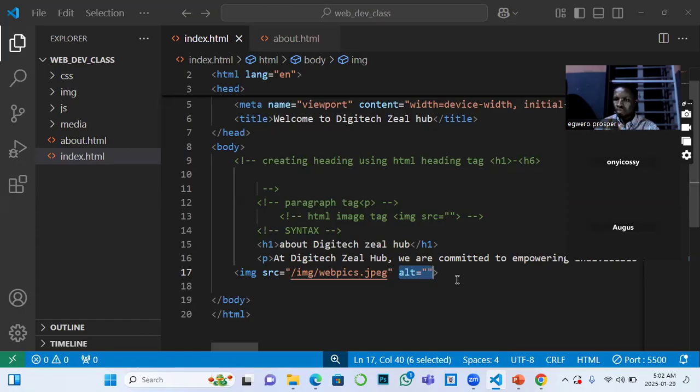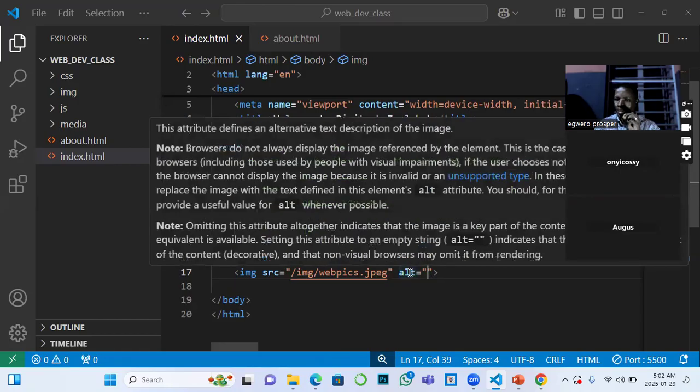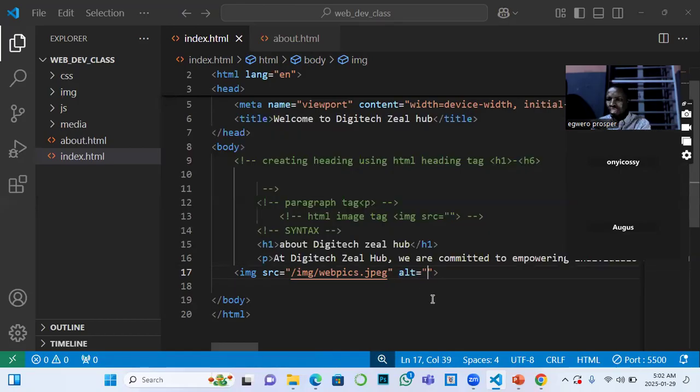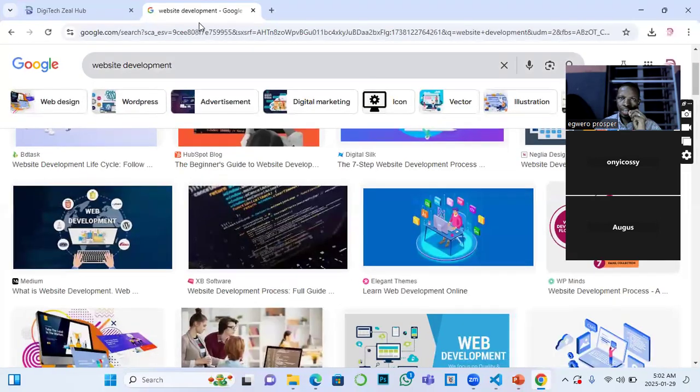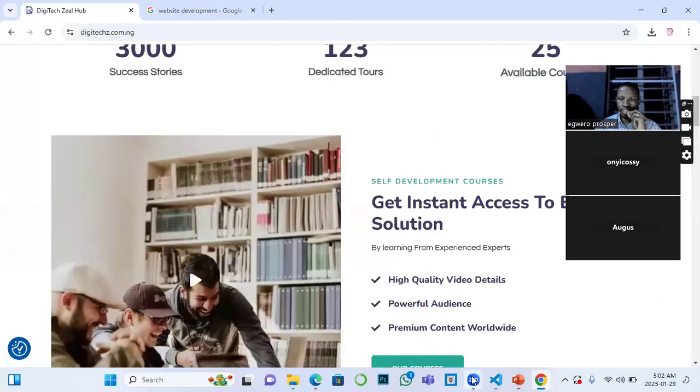Now, there's a reason why HTML provided this backup. The reason is that, as the name implies, alternative means that if the primary data fails to display or respond, fall back to this. That's what we are saying. In essence, we are saying that if the user visits this website,